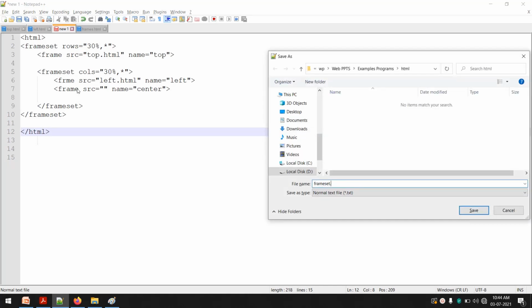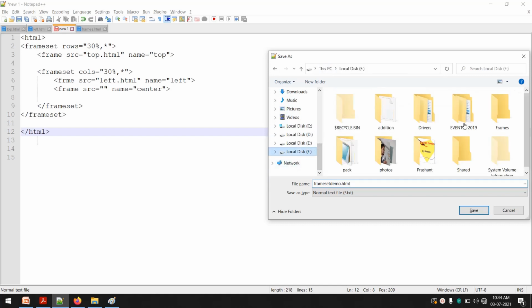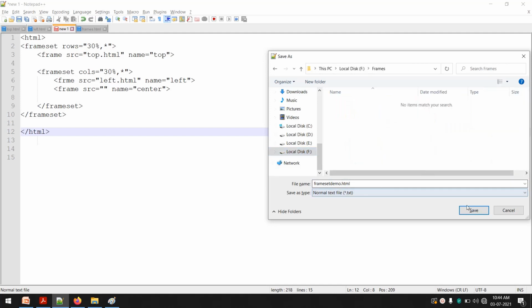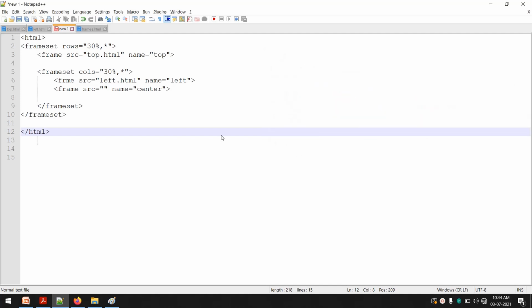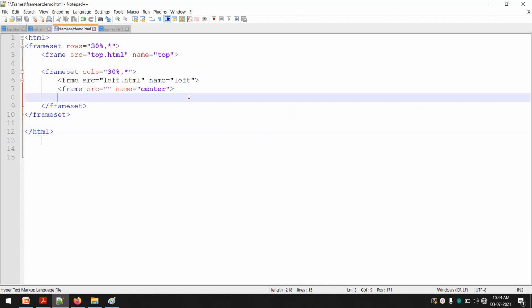Frameset demo dot html. So I'll save it again in the same directory, that is frames.